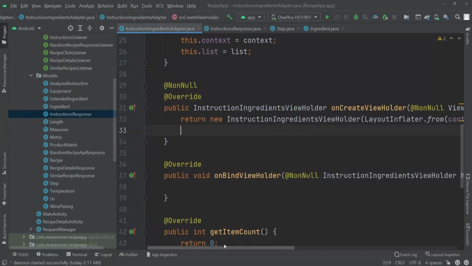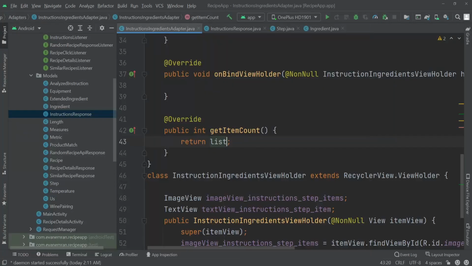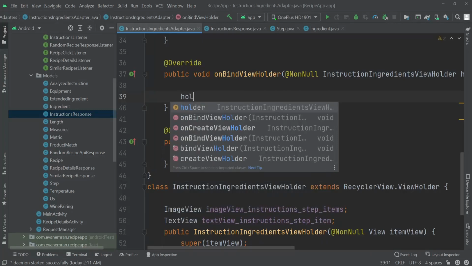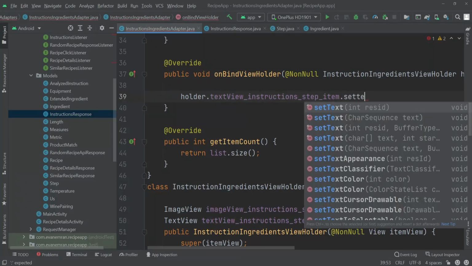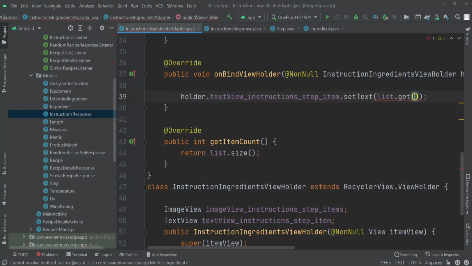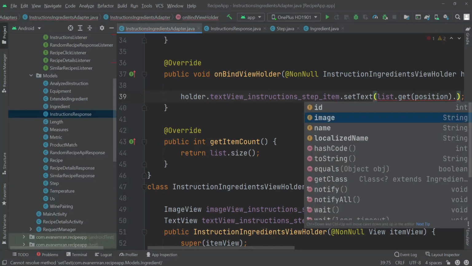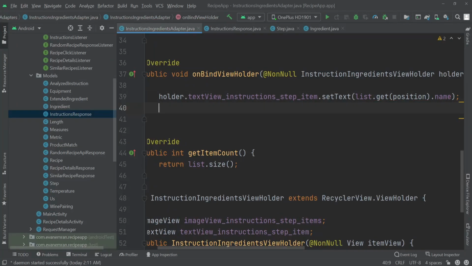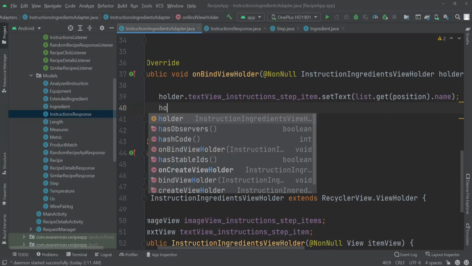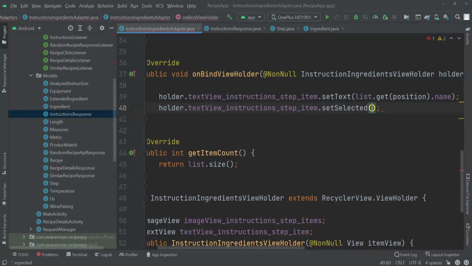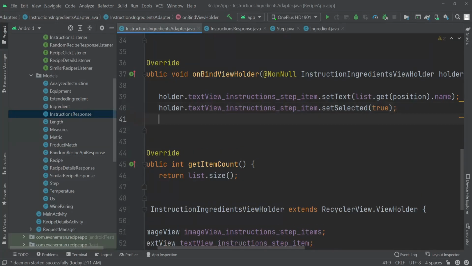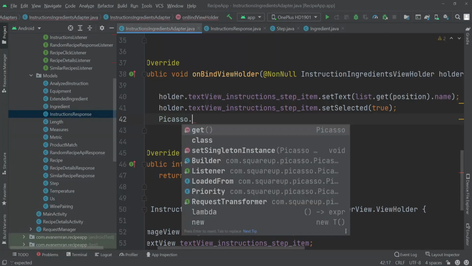Okay, and then for the get item count I'll pass the list dot size here, and for the on bind view holder we'll call the holder dot text view instruction step item dot set text list dot get from position dot name. Okay, and to give this a scrolling effect we'll again call the holder dot text view instruction step item dot set selected to true, and then to show the image of that object I'll call Picasso dot get dot load,